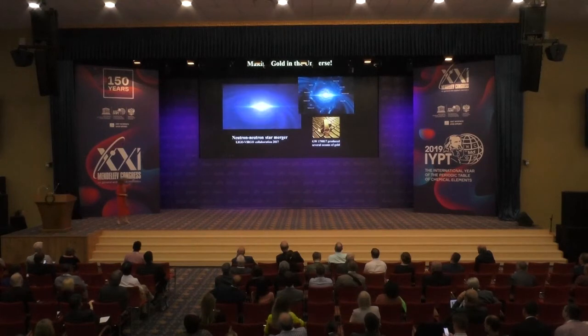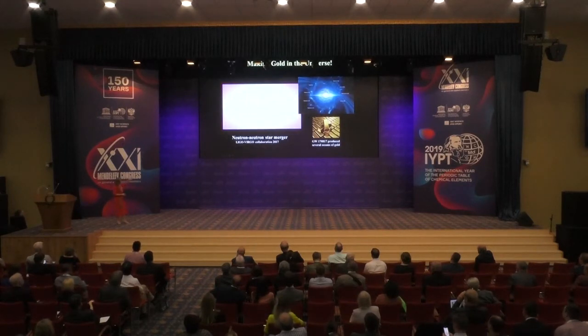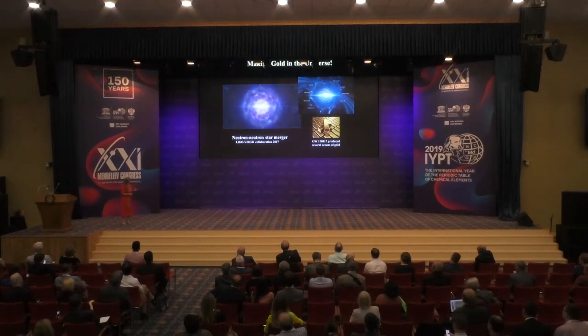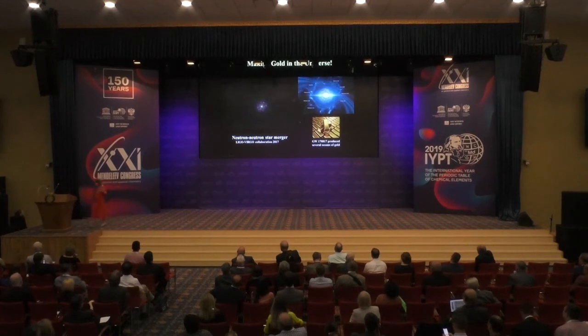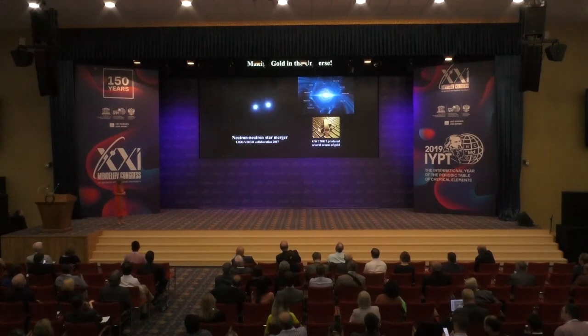Petersburg. So huge densities, and when they merge, that is actually where you have the conditions, lots of neutrons, in order to produce gold. And this gold rush was actually confirmed just very recently, when one of these neutron-neutron star mergers was detected by the gravitational waves from the LIGO-Virgo collaboration in 2017. Then they also took spectra of this event,